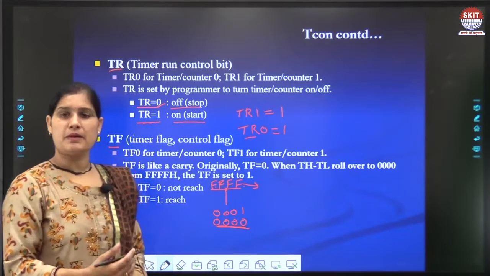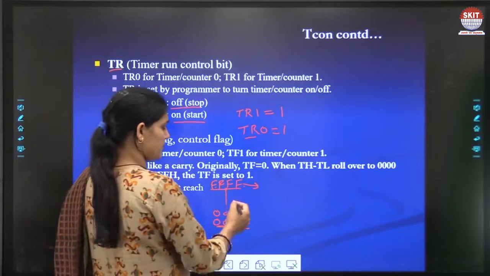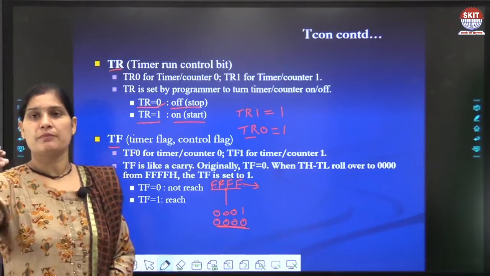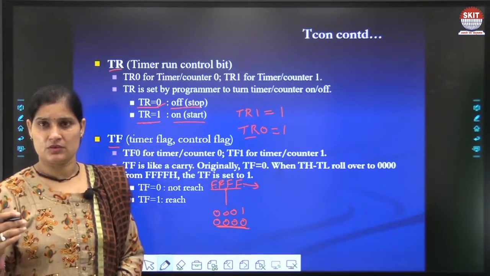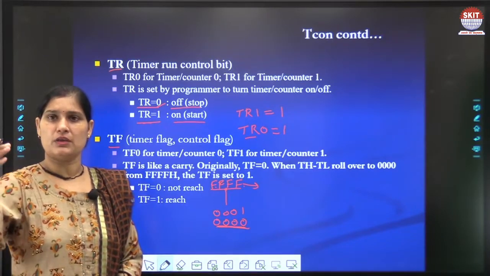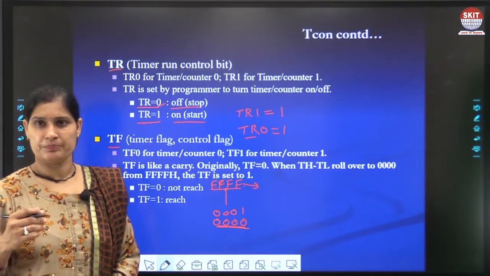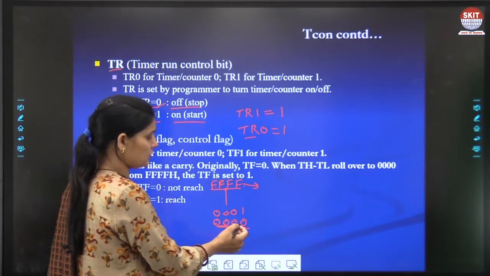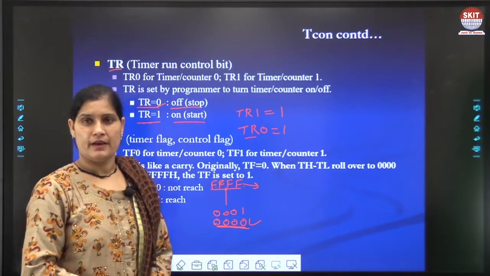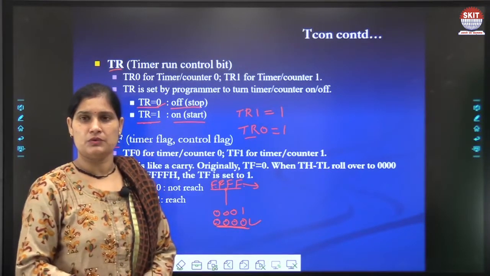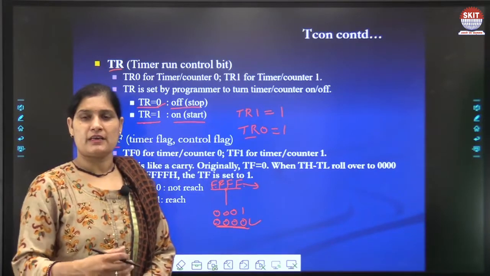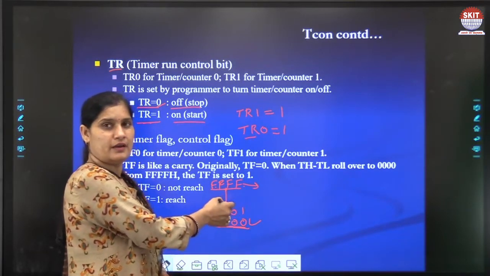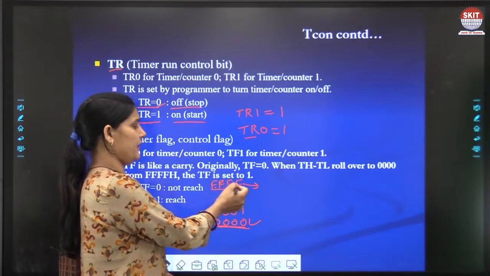So the maximum count is the maximum value minus the minimum value, meaning you can count from 0000 up to FFFF, okay. Suppose you first store 0000 in the counter and start the counter. The counter counts 0000, then 0001, then 0002, and up to FFFF, okay.